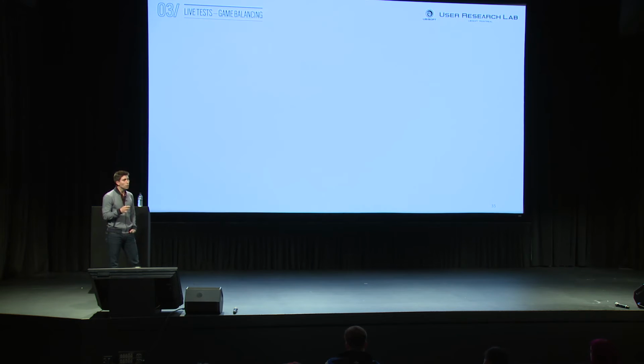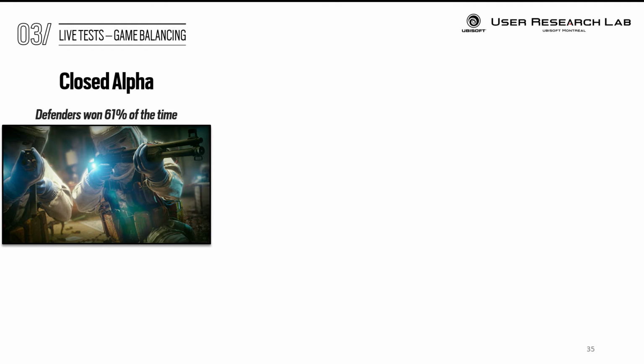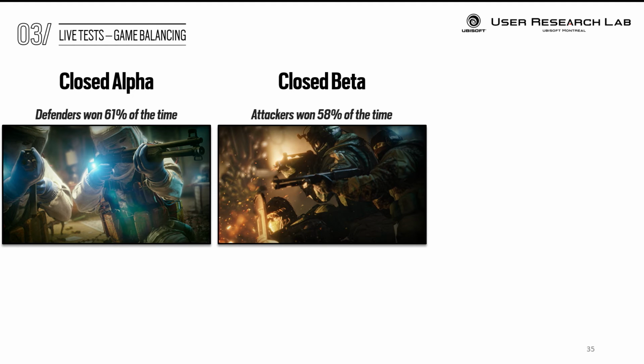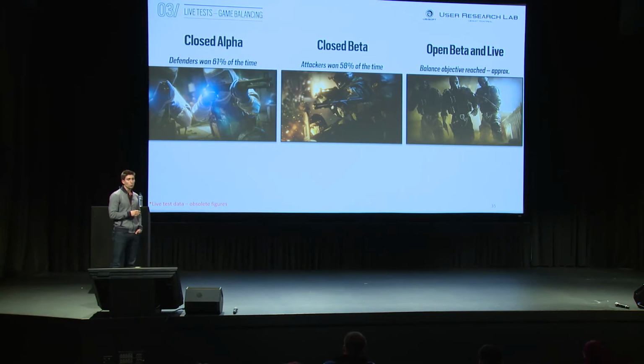During the closed alpha, we really were able to tackle the big issues. And that really allowed us to discover the forest behind the tree. The issues that were so prominent in closed alpha, we fixed them, and we were able to tackle smaller, still significant, but smaller issues during the closed beta. And that allowed us to confirm our results in the open beta to launch a pretty good, balanced game in